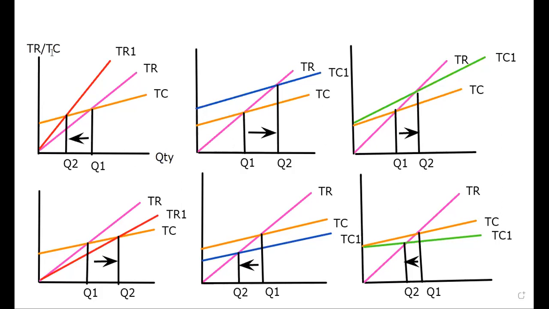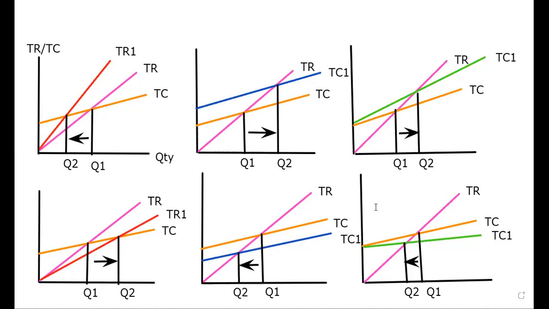The vertical axis is TR/TC, total revenue or total cost, which we name on the y-axis, and the x-axis is always the quantity axis, right? So all these six diagrams you can name like this. Name the curves. These are the break-even charts. That's how you can show the break-even movements in different situations. You can draw like that: revenue increase, revenue decrease, fixed cost increase, fixed cost decrease, variable cost increase, variable cost decrease. In these six situations, this is how the break-even will move.